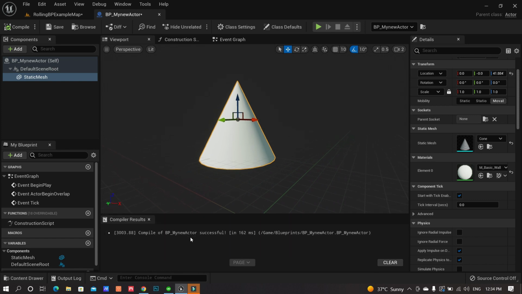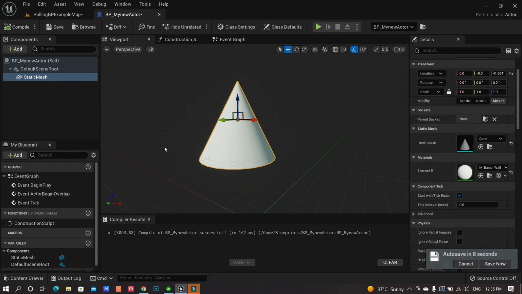Now, the compiler result means all that coding, all this information which you are adding to your viewport or your functions. At the back end, the compiler will generate code which is understandable for Unreal Engine in order to execute your blueprint in the world which you are creating.